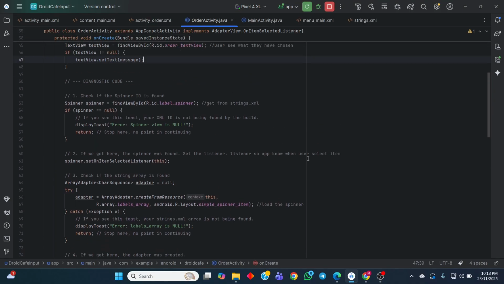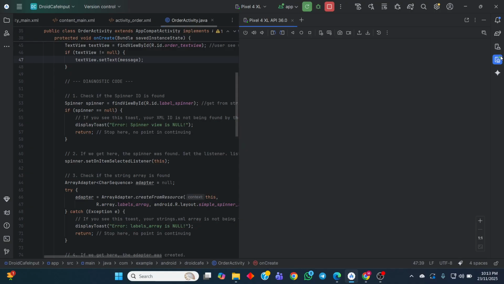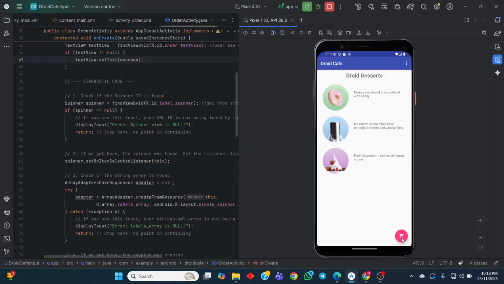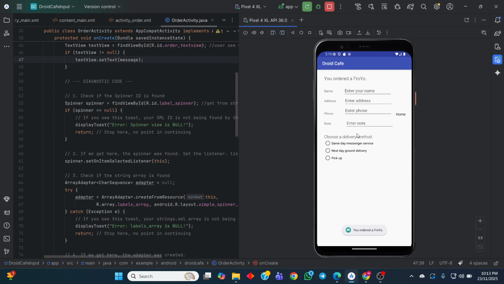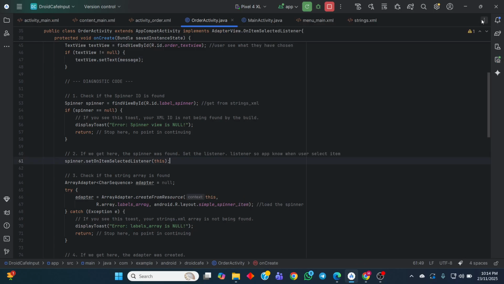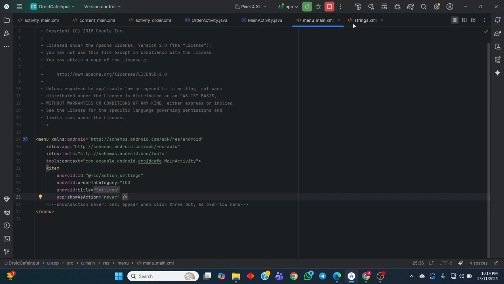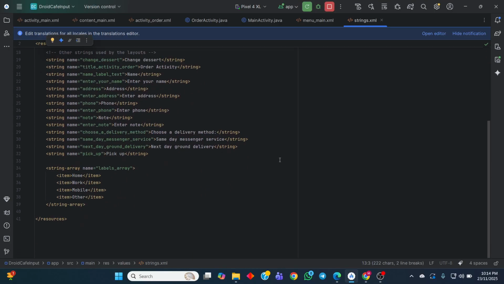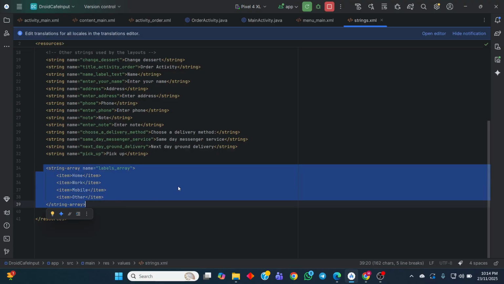Alright, the next one is the spinner. So in this spinner, let's say I choose for you. So this is the spinner. The items that we get are also from the string.xml. As you can see, this is the string array, and the items that we have set are in this part.